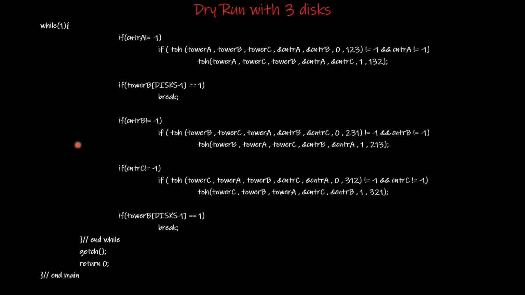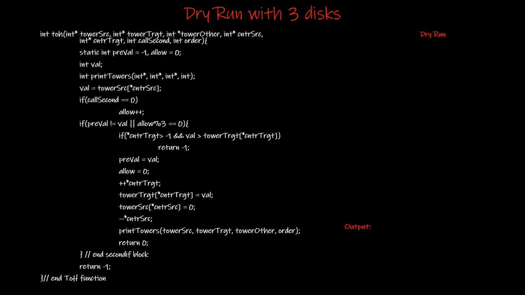Back to the while loop in the main function, the call was made here, and the values returned will be 0 and 0. This is a successful transfer, and this counter C has a value, it is not empty, and therefore this condition is true, and this statement will be executed. So we make a call again with tower C, and the target will be our tower B. This is our 2h function again. Parameters will be created, and these are going to be our values for the towers. Tower C is our source tower, and tower B is our target tower.